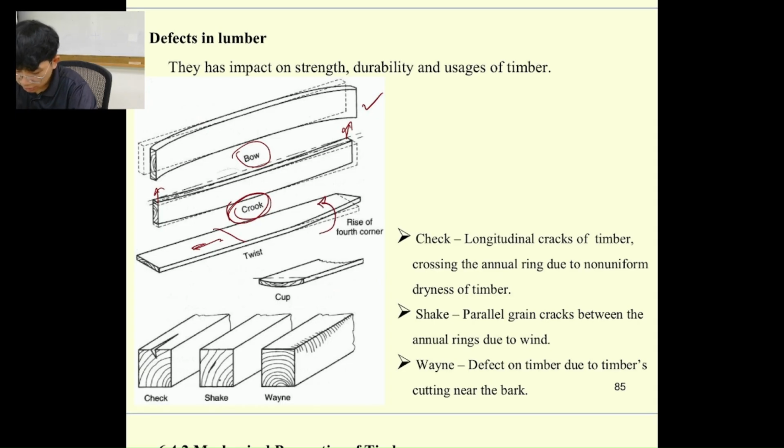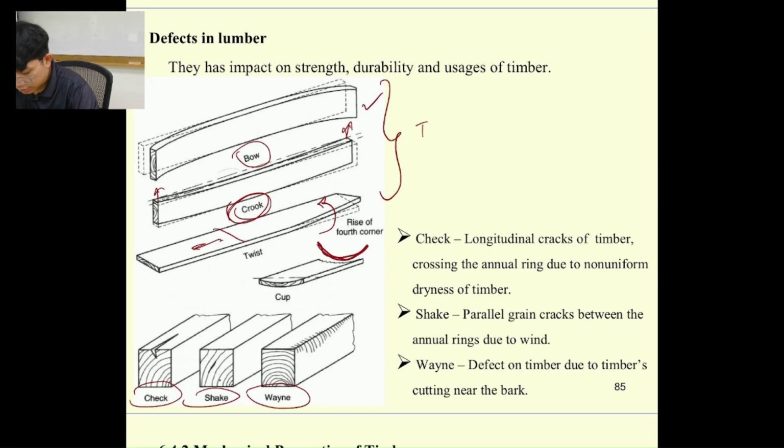And then we have another one, which we call cup. It curves like this. These are the defects in timber. These are some defects of the wood. This one we call a crack, and we have shake, and we have wane over here. These are the defects of the wood, and these defects